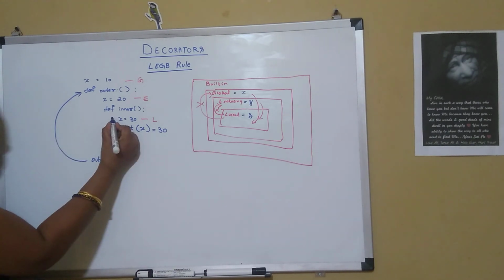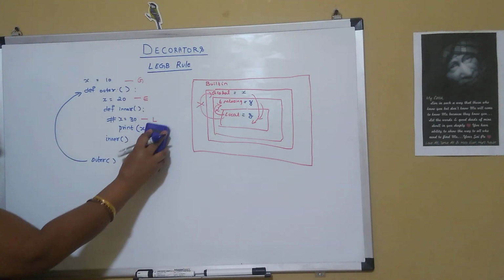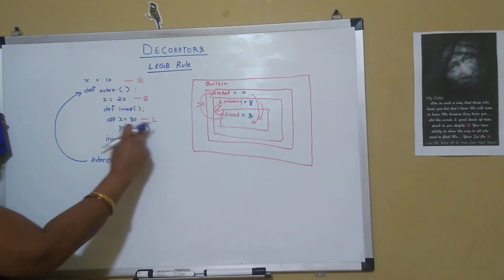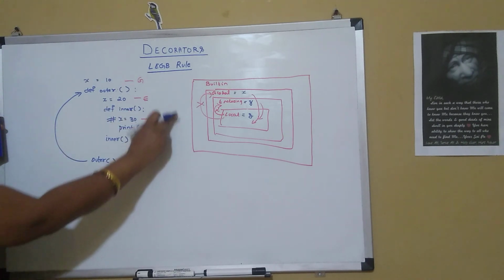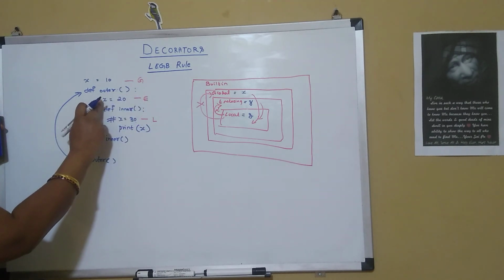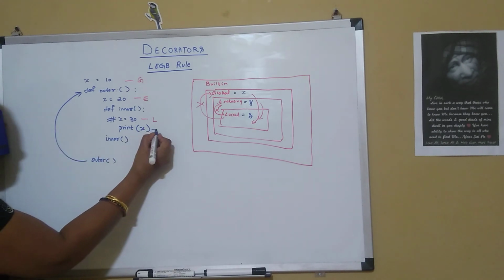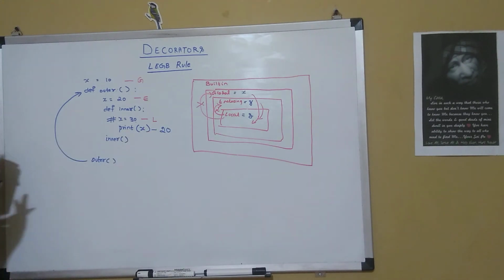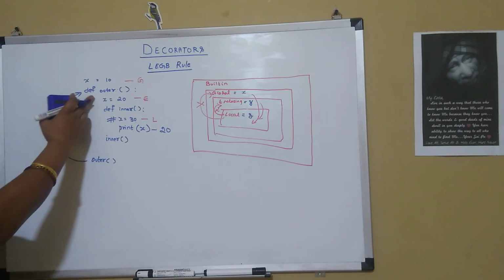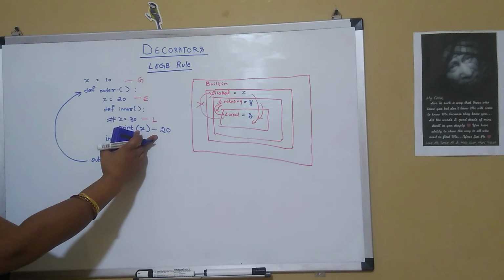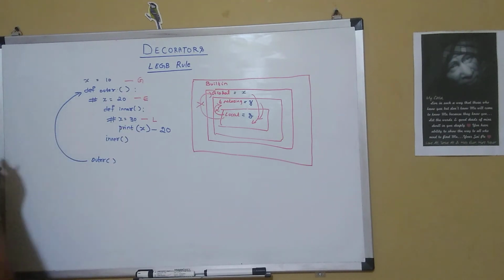Now let me comment out this particular code. And now if I say print x, it will go to the end, it will search in the local level. Local level x is not found. So it will go to the enclosed level and see enclosed function and see if x is present. X is present. So it prints the value 20. So friends, since local level the x value was not found, it has gone to the enclosed level and has accessed that particular value. Now let me comment out at the enclosed level as well.